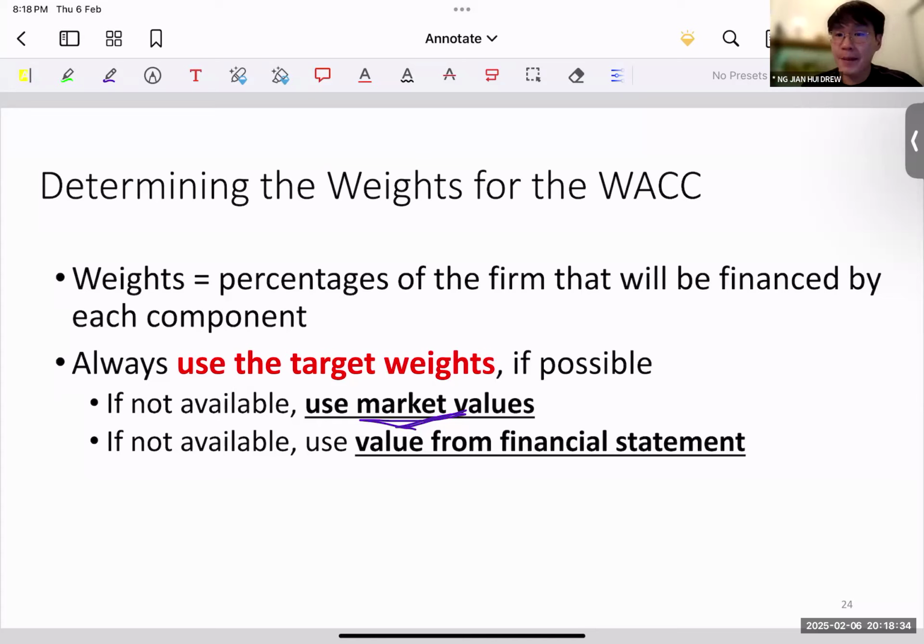Now, for the market value of the debt, again, the Nike case did mention this. Yeah, have a look at it. How do you take market value of debt? We can look at the market intelligence platform. And then I think somebody asked what's the platform called. So the platform I believe all of y'all should have, because I was still checking, the school is called, I'm just going to type it out, LSEG, or they call it Refinitiv, this one, or Refinitiv, right?